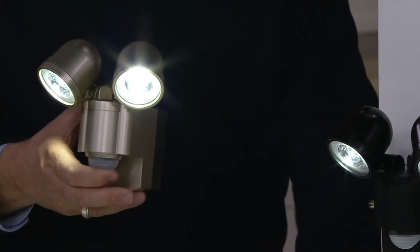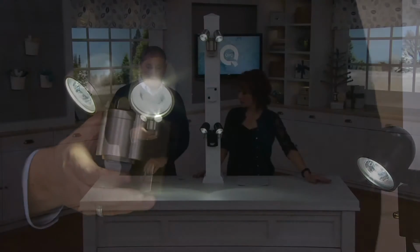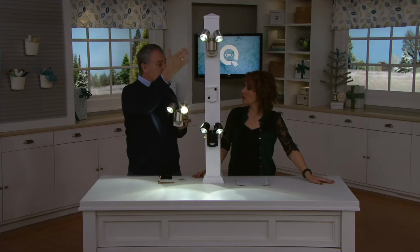Again, you get the mounting screws that come with it, so you can permanently mount it like this if you want, or you can go ahead and use the mounting bracket. You can use it indoors, you can use it outdoors. I mean, this doesn't have to be undercover. The rain, the sleet, the snow is not gonna...